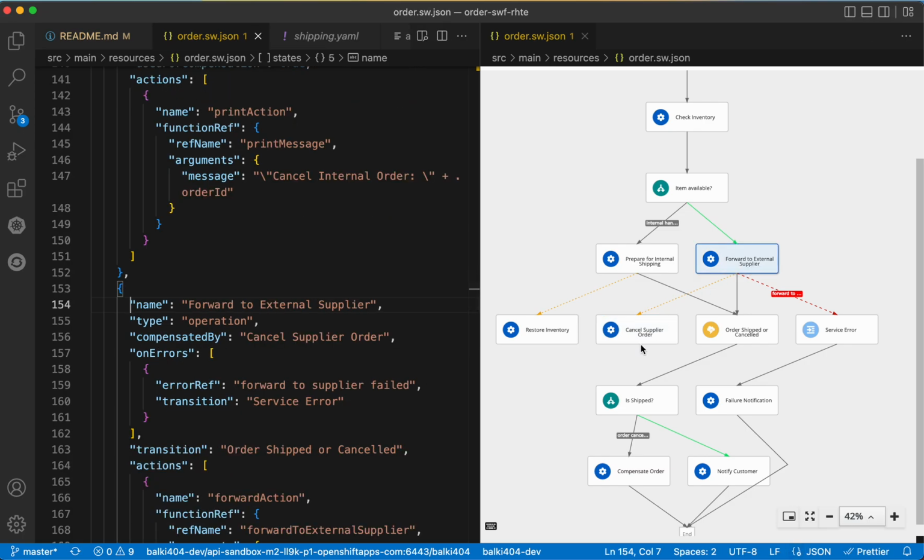Now the workflow engine knows the path of execution that it had taken, and so it will call the corresponding compensation without us having to explicitly say which compensation has to be executed. And similar to that, these states, for example, forward to external supplier, is a state where we would be invoking an external REST API